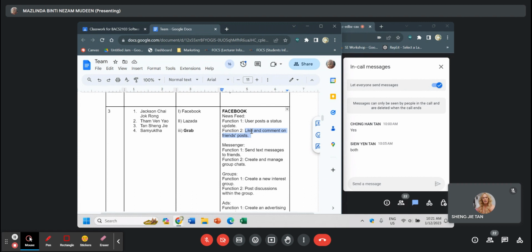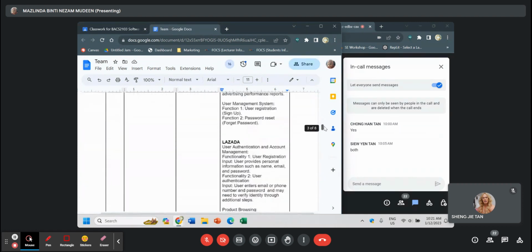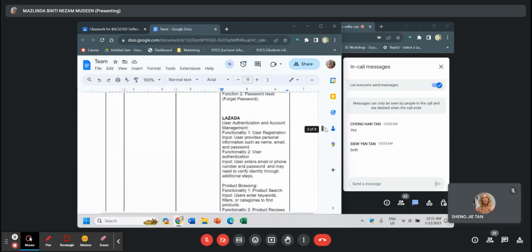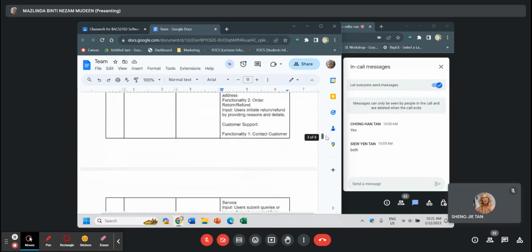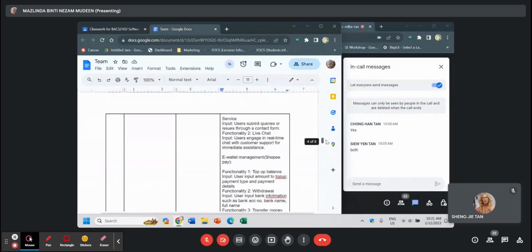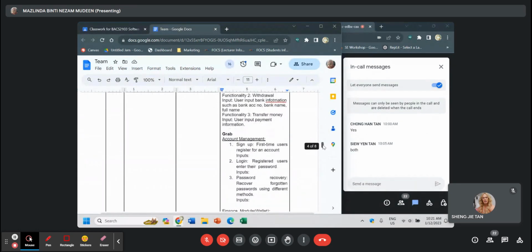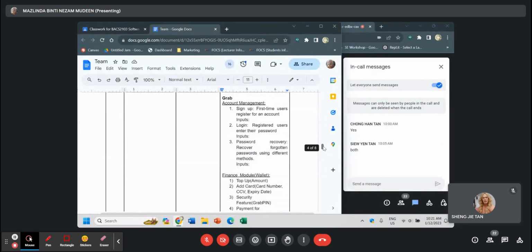How about Grab? My teammates say they prefer Grab. Yeah, because this Facebook is a bit troublesome, so I don't want it. Lazada is something very, very similar to Shopee, right? Okay, but that time you said the same domain can. Since you have a better choice, why the same one? Because we scanned the first brand and it is not suitable.